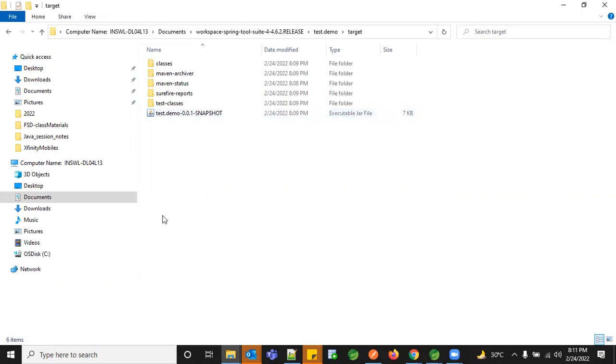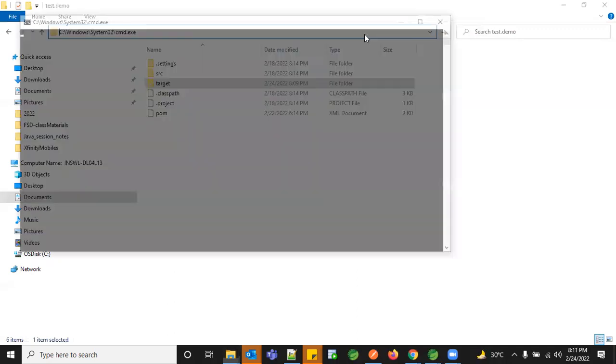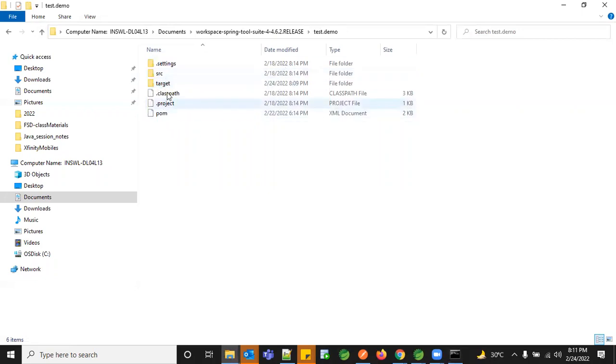Okay. So how did you execute your .java file from the command prompt? First, we compile the Java file, javac file name. Yeah, so javac was your prefix keyword to execute your .class. Same way, to execute your jar file, we have java hyphen jar. So we have to give jar and the executable name. Under target, this is your executable name.